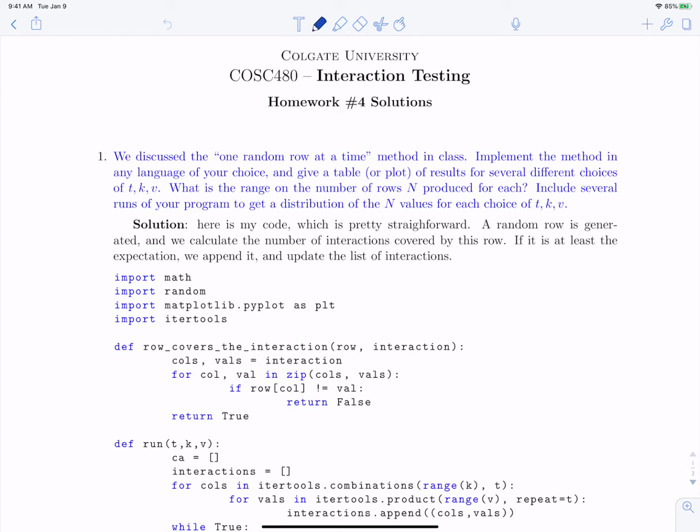Okay, let's get started. If you haven't picked up your graded homework 4s, they're up